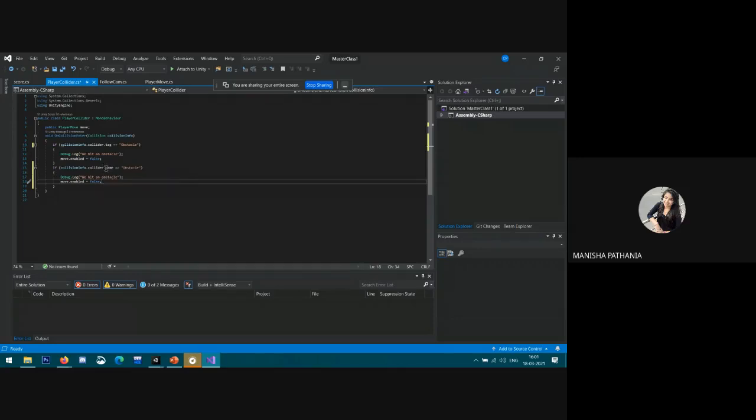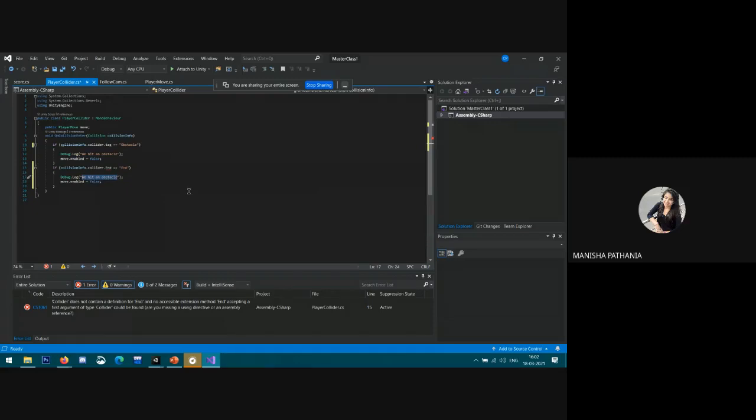Okay, and collider dot, in my case the name is end, and equal to the string, say, end. So what I want is that my scene will load again.